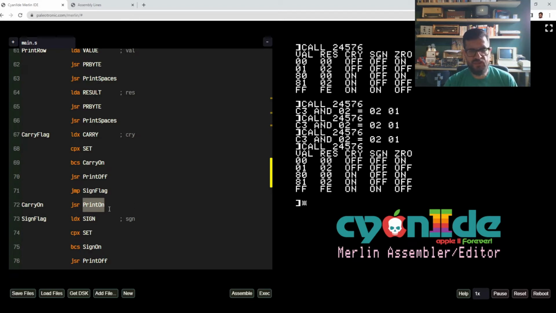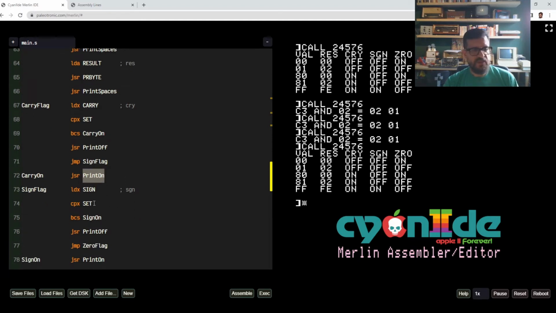There is a separate routine that prints this string plus 2 spaces to the screen. And then we follow on to the rest of the program. However, if this comparison yielded false, we're not going to branch here. We are going to print off, because it's off, and then we jump to the next step, which is